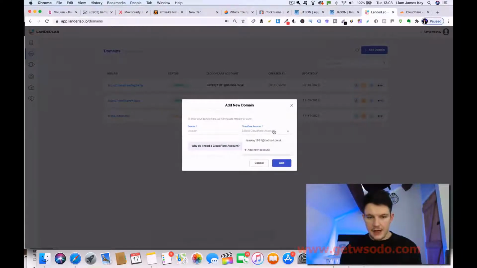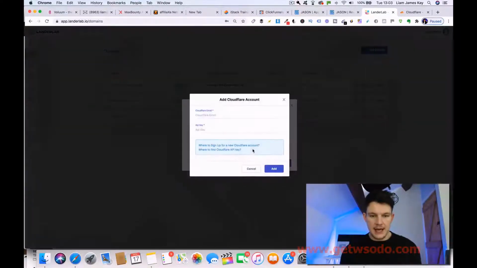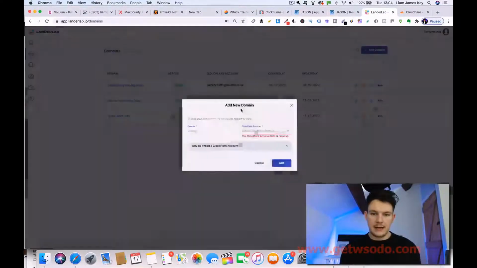So if you don't have it already set up, you'll just have to click add new account here to Cloudflare, and then it'll ask you for the Cloudflare email, which you've just set up, and also your API key, which you can find inside your Cloudflare account. There are some instructions on how to do that there, and that's going to connect it to your Cloudflare account. And then what you want to do is type in the domain here,